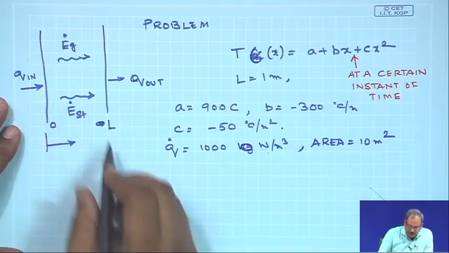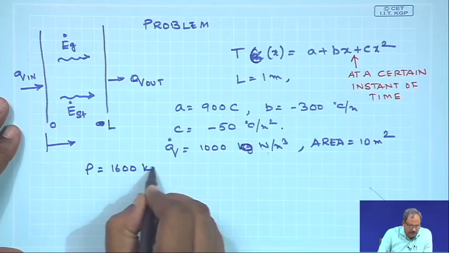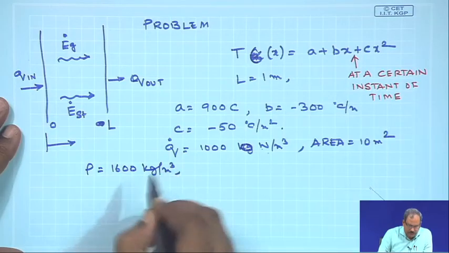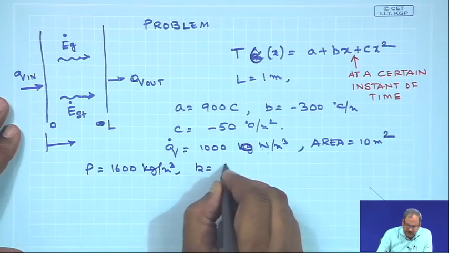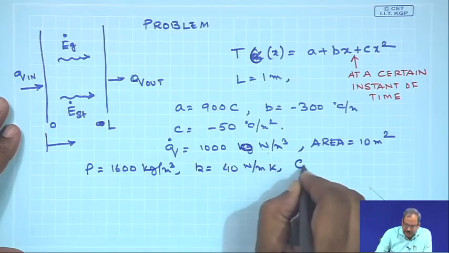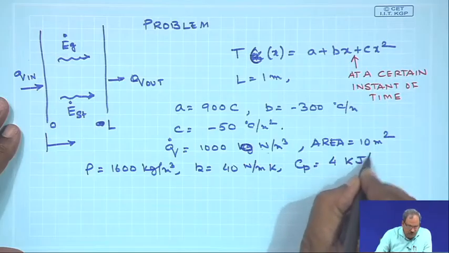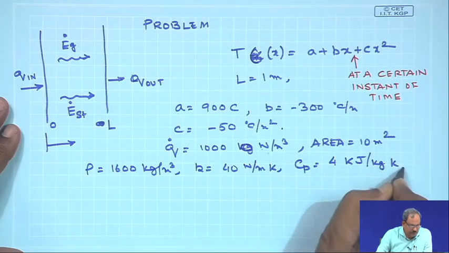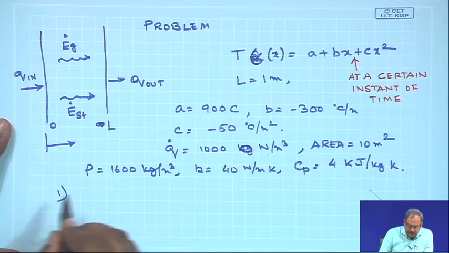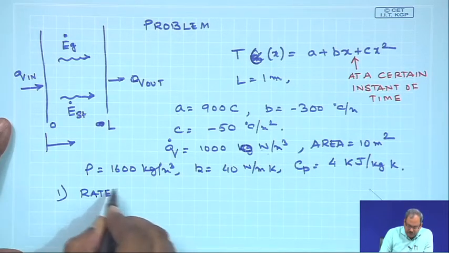The material of the wall, the rho is 1600 kg per meter cube. The thermal conductivity K is 40 watt per meter Kelvin, and Cp, the heat capacity, is 4 kilojoule per kg Kelvin. What you need to find out is what is the rate of heat transfer